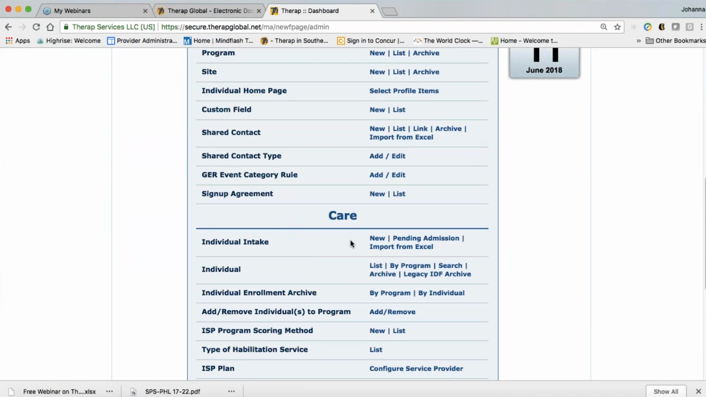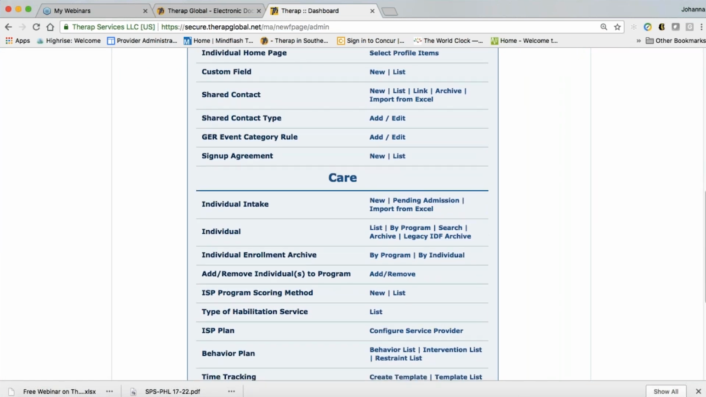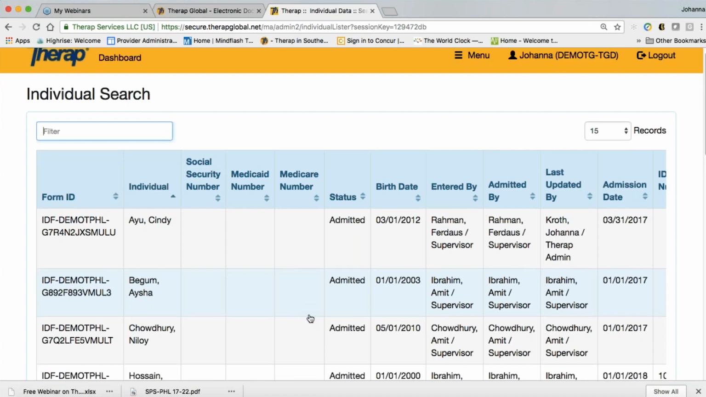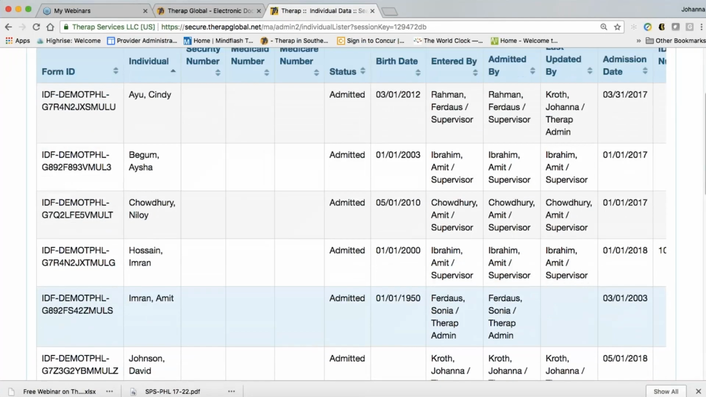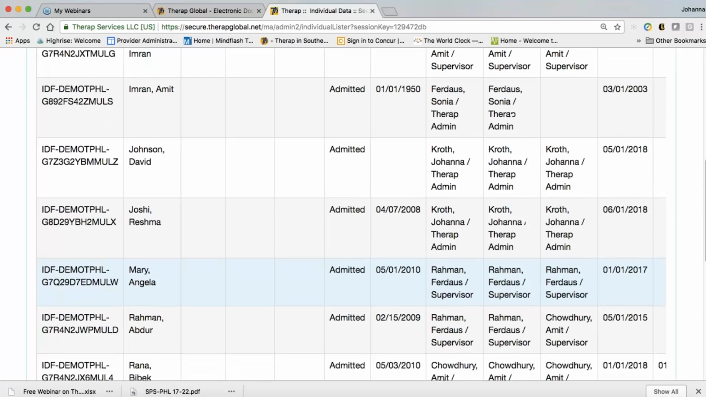Well, I've gone ahead and I showed you how to put them in initially. I showed you how to move them from a pending admission to actually being admitted in the system. So now to get to that individual data form, I actually go down to the next row that says individual. And when I click on list, it's going to give me a list of the individuals that are in this system. So here's my list, and I can look through and I want to find the one I was just working on. So here we go, and it shows